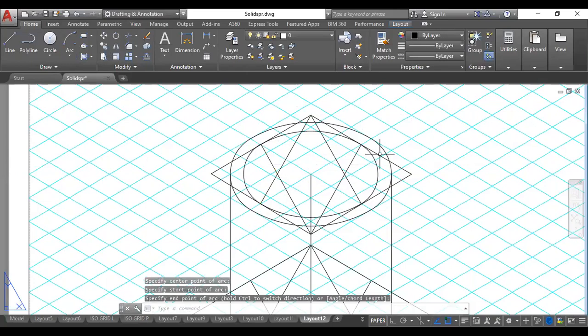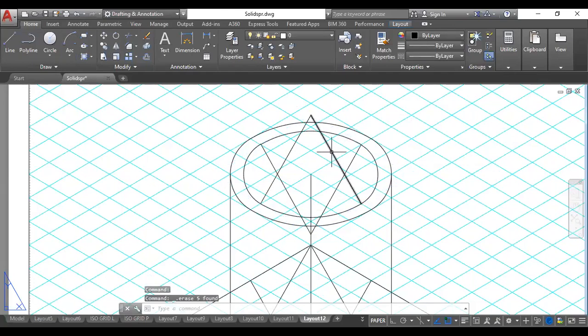So this becomes the top face on which it is sitting. To remove the confusion, I'll erase this construction line so that it becomes clear what I have drawn here. So you can see this is the base of the frustum of the cone.